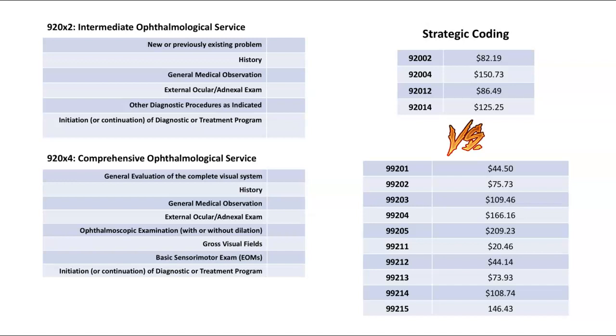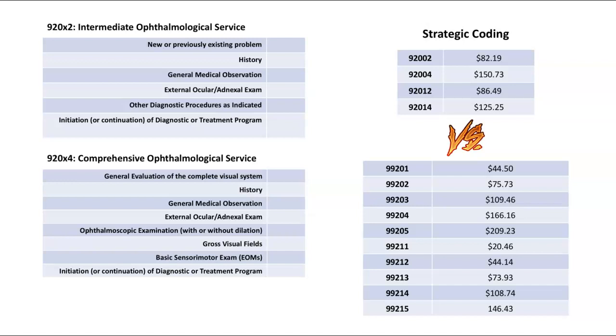The reason this is good to look at is that most visits earn either a 99 or a 92,000 code. So you can choose which one to use. And sometimes it's advantageous to use one code set over the other. What we typically will find is that if an office visit earns a 99213, so an established patient level 3,